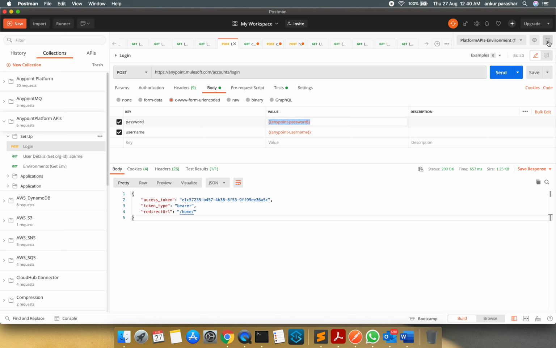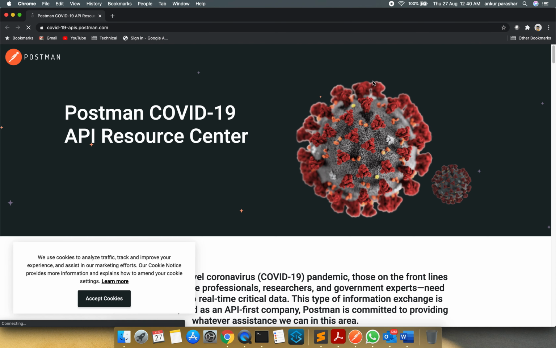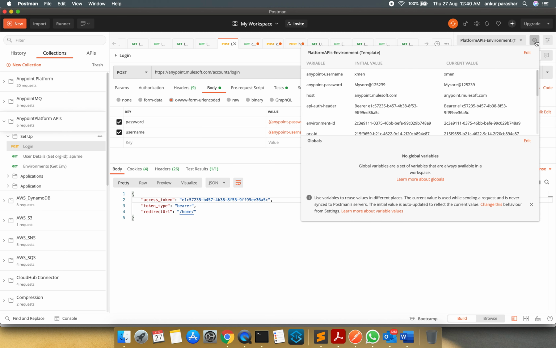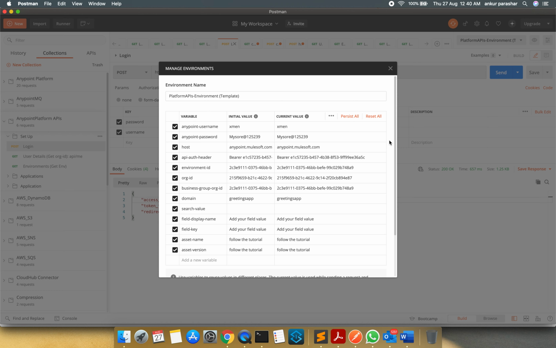So if you click on this environment, quick look, you will come to know about some of the values which are being used over here. Like the Anypoint username, the password, and what are the host, and how to create it.